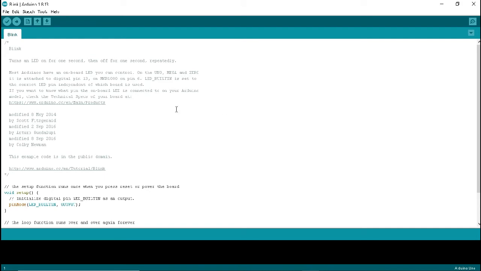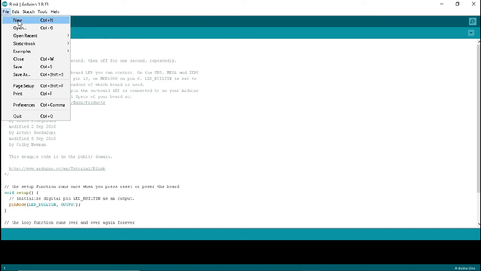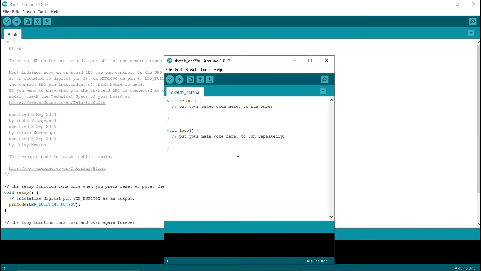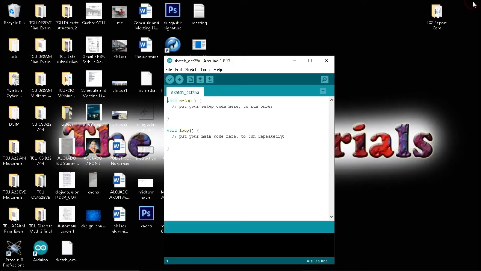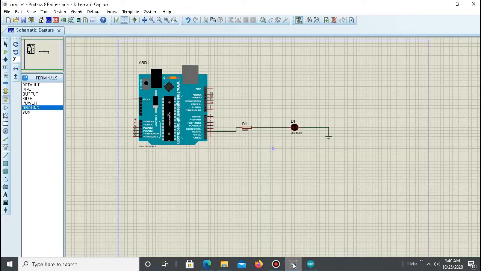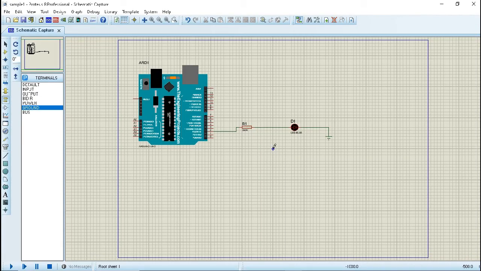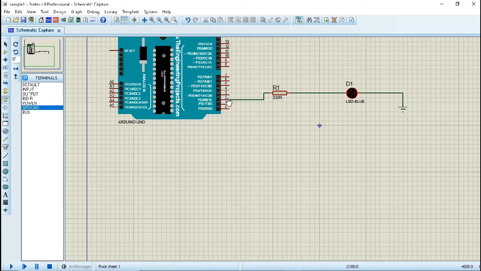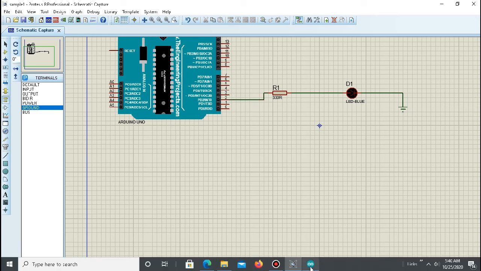So, ngayon, let's create a new file. Yan. So, close na natin to. Tayo, bago, from scratch. So, void setup, dito natin specify ano yung magiging function ng pin. So, ang ginamit nating pin ay, okay. Ayan. Ang ginamit natin na pin ay pin number 2 ng Arduino. Okay? Pin number 2. So, kung pin number 2 yan, pagdating sa Arduino ngayon,